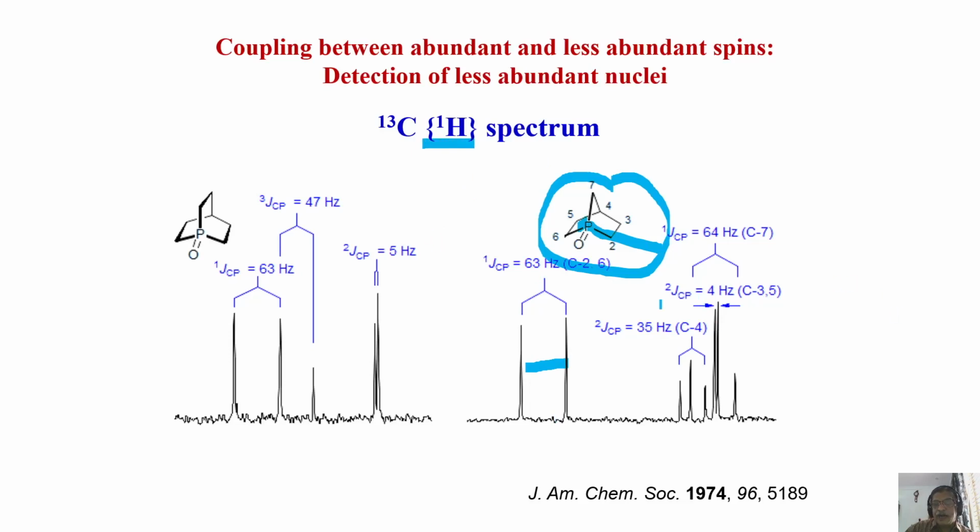Then 2 bond carbon phosphorus couplings are seen. But one thing I think you should see: these coupling strengths are much smaller, unlike in fluorine. Remember, 1 bond carbon fluorine coupling was nearly 300 Hertz, but here the carbon phosphorus coupling is much smaller. Nevertheless, you are able to analyze and see all those things, and clearly it could be this molecule or this molecule, both types of molecule. You can make the assignment easily.